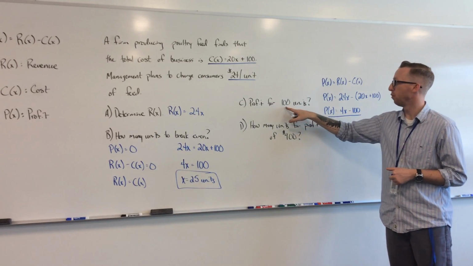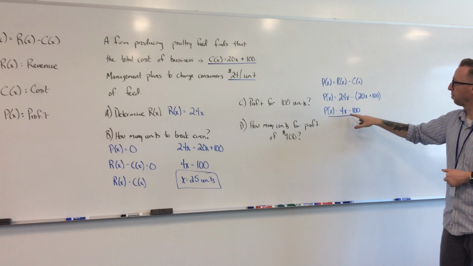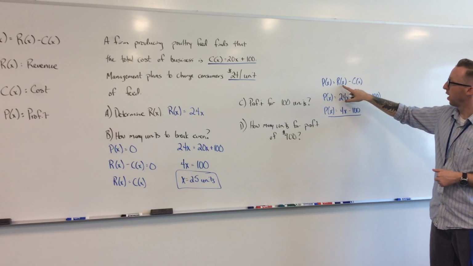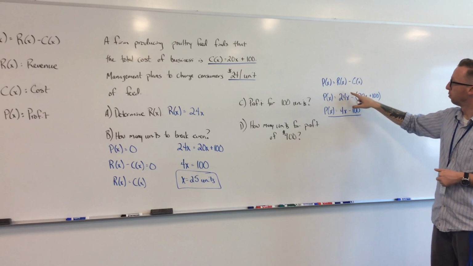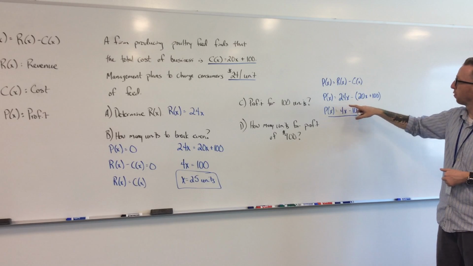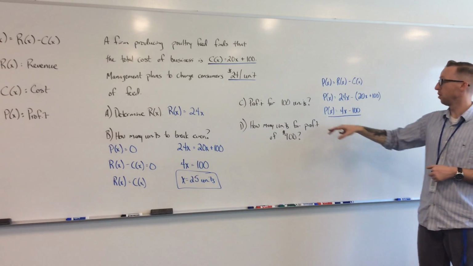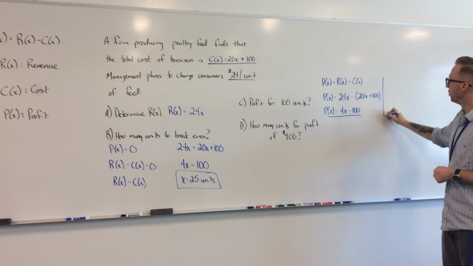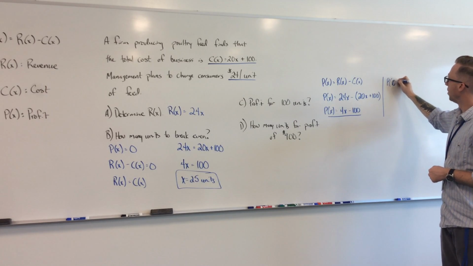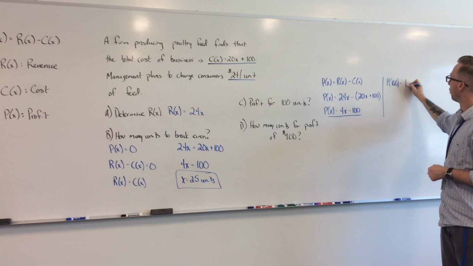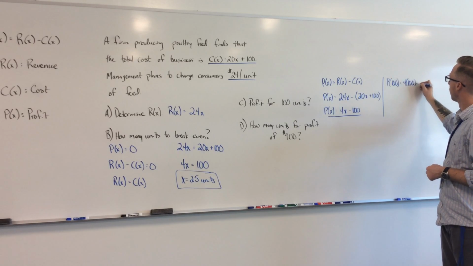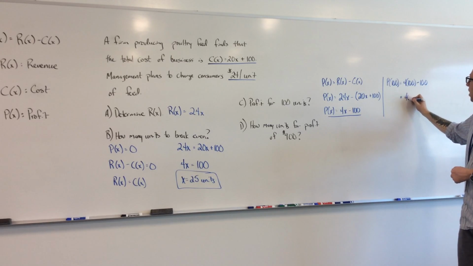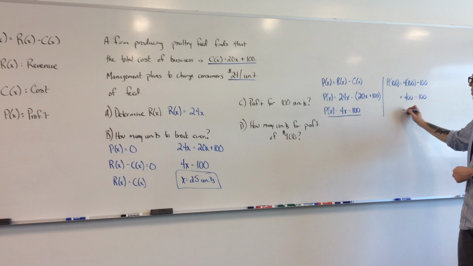I want to find the profit for 100 units. So let's just substitute in 100 for X to our profit function that I built by subtracting cost from revenue. We'll substitute in 100 units for X to find the profit of 100 units. P of 100 equals 4 times 100 minus 100, which is 400 minus 100,